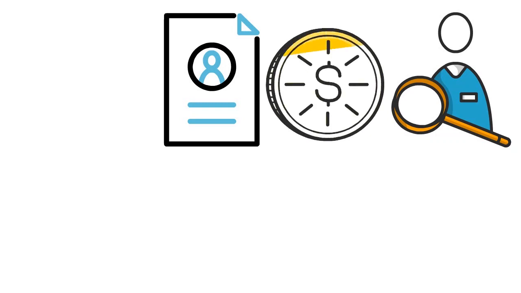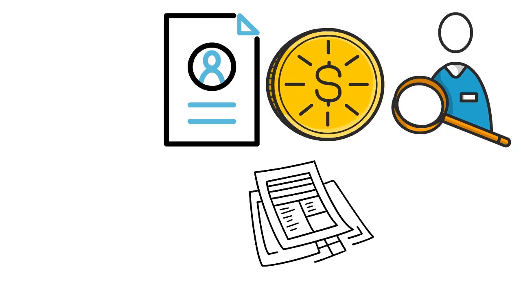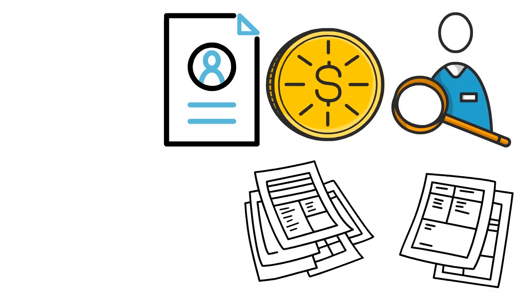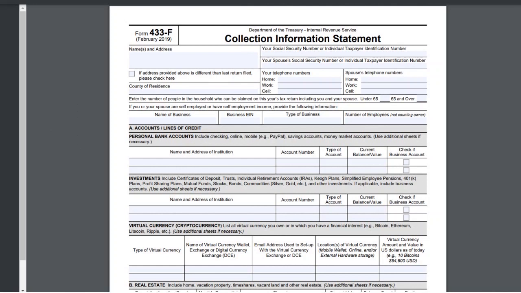If the IRS determines that you cannot pay any of your tax debt, they may report your account currently not collectible and temporarily delay collection until your financial condition improves. Being currently not collectible does not mean the debt goes away. It means the IRS has determined you cannot afford to pay the debt at this time. Prior to approving your request to delay collection, the IRS may ask you to complete a collection information statement. That's called a Form